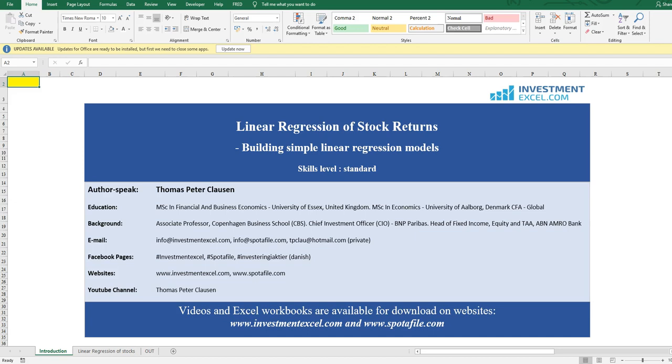Today I will demonstrate how to build a simple linear regression model where we predict the stock price and stock return based on just one explanatory variable, being the GDP growth or GDP level. Please refer to other sessions on how to apply multiple regression estimation of stock returns, both with and without the